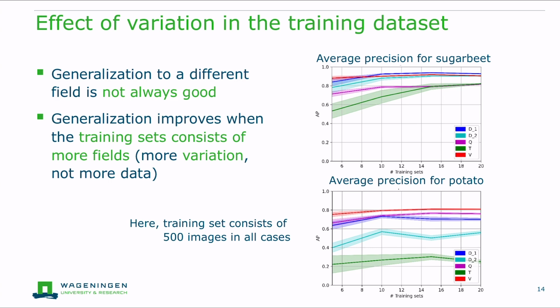What we did here is that we used data from different training sets, going from 5 different training sets to 20 different training sets. Where every training set comes from a different field. That's increasing the amount of variation. Note that we kept the number of training images the same in all cases. It's always 500 images. So here we have 100 images of 5 different fields. Here we have 25 images of 20 different fields. And what you can see here clearly in the graphs, that by improving the variation in the data set, we're